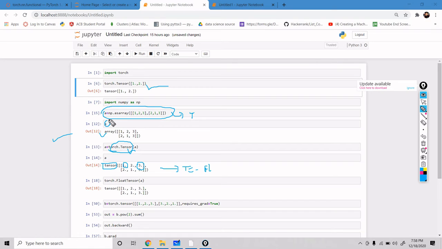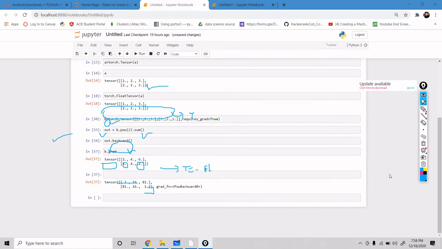If I want to directly convert into floating point tensors, we can use torch.FloatTensor, and we have to provide our array into that. It will convert directly into floats and tensors.